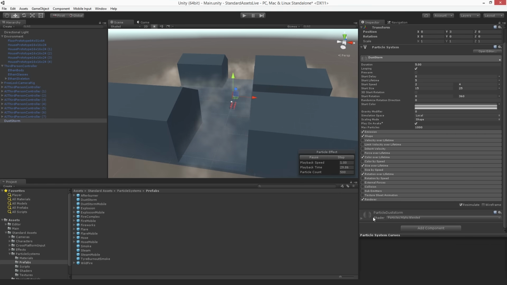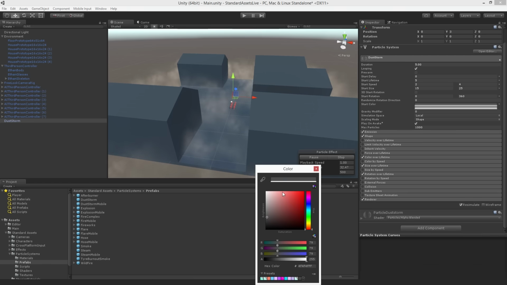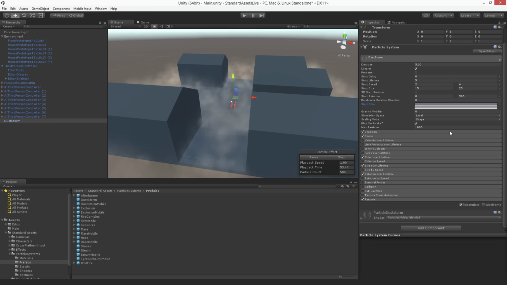You could replace the texture, or maybe we could change the color. Let's make it like a creepy red mist. Oh, too creepy! Let's not do that. Too creepy, too scary. I'd have to put that on after 9 o'clock. Let's just go with, maybe make it more white. There we go. All right, so let's throw in our dust storm,